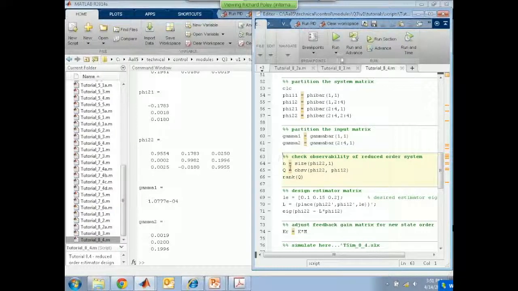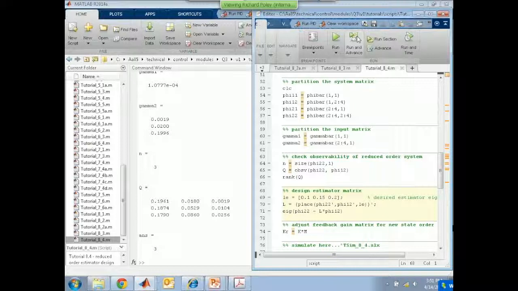And what we'll do first is check the observability of the system, which we know is going to be observable because I told you that the full system was observable, and if that's the case, then the reduced order system is automatically observable. And now we only need to select three eigenvalues because we've only got a third order estimator now, so we'll choose the three fastest ones, 0.1, 0.15, and 0.2, and use Ackermann's formula to place them and check that we've put them in the right place.